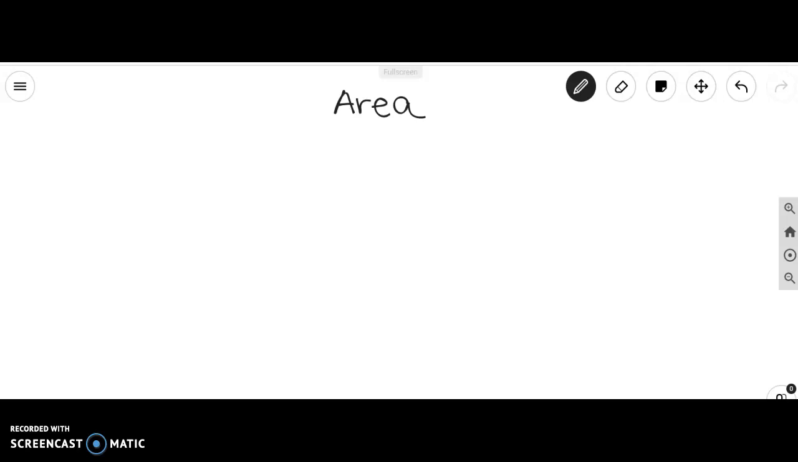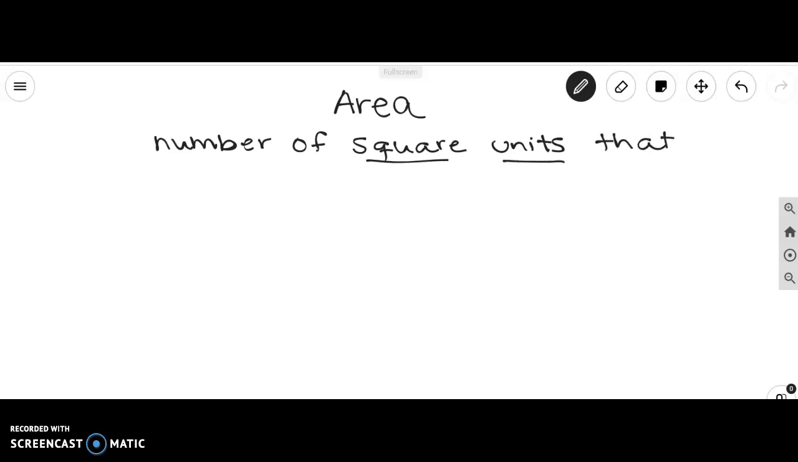In this video, we will be talking about area and how to solve for area on different closed figures or shapes. So let's begin. The definition of area is the number of square units. This is very important. That covers the surface